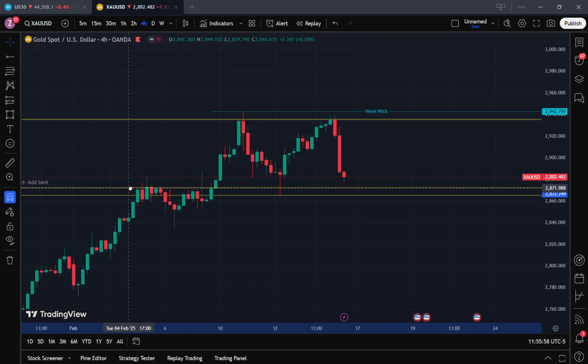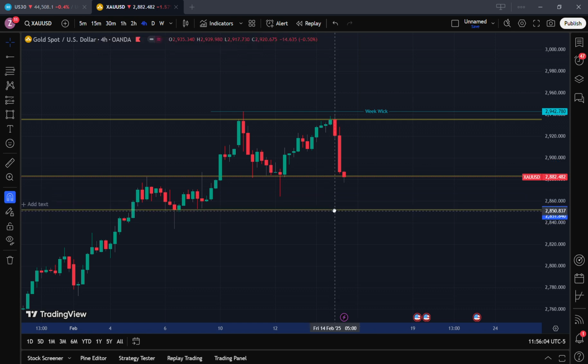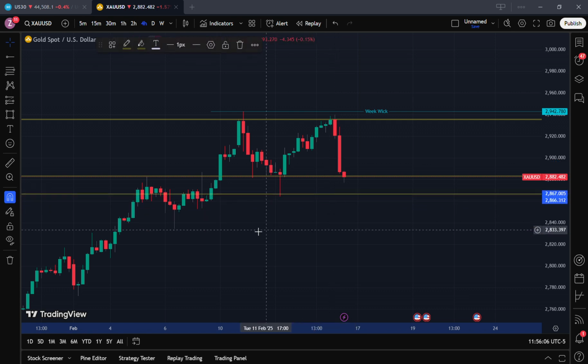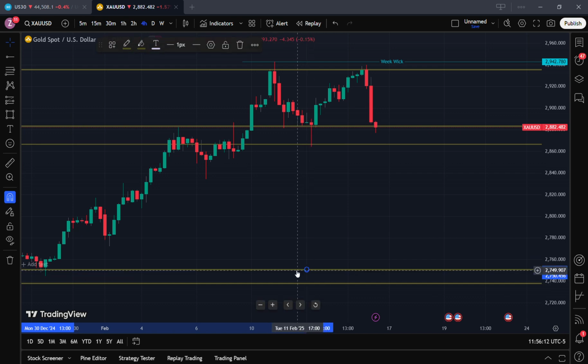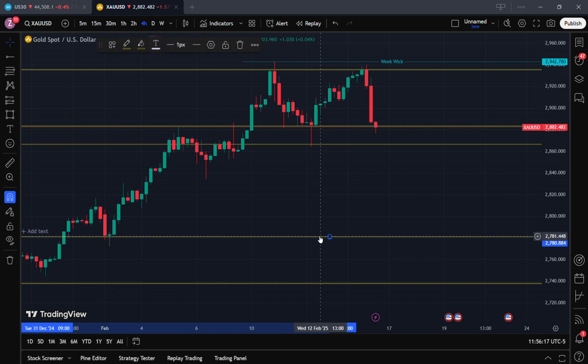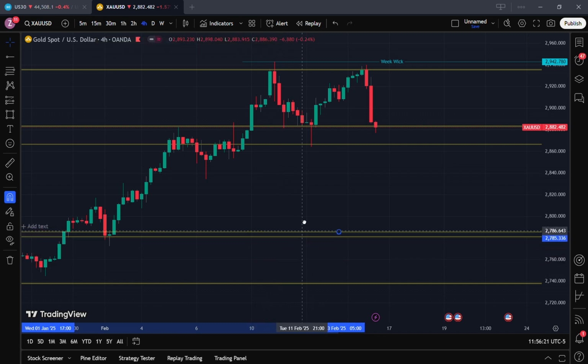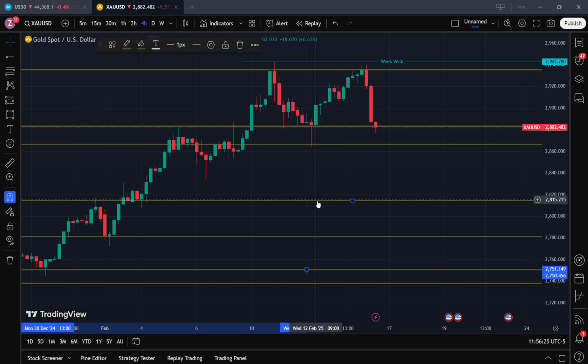In fact, I'm going to adjust. Let me see how it looks over here. Nah, I think I'm going to leave it here. All right. For this level, I'm going to just play around. When we go to the lower time frame, we'll have a better look. And just to be safe, just to have a clear trading plan, I'm going to mark one support at this level and one support at this level and one more support